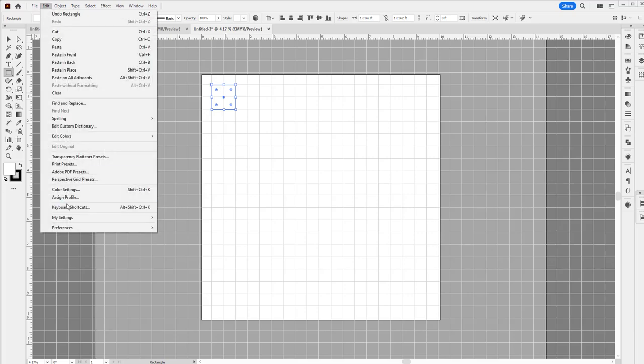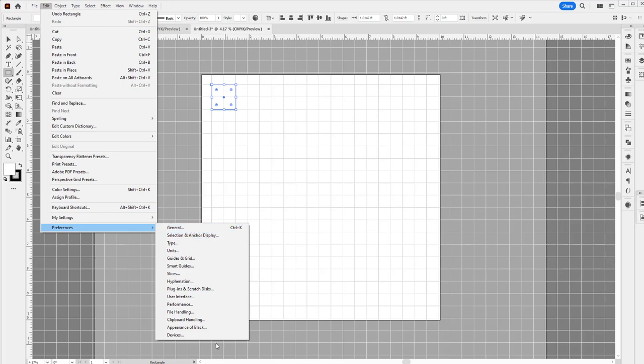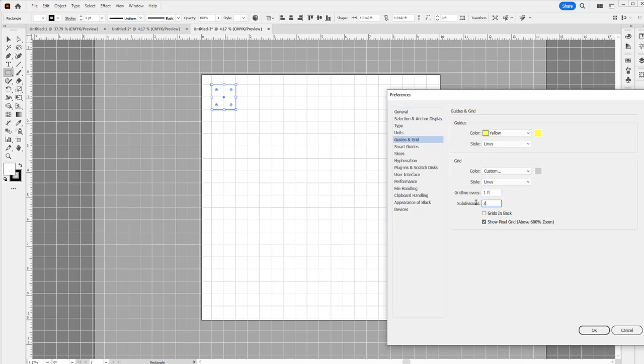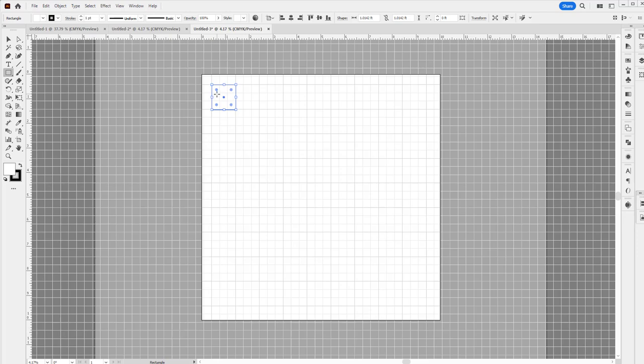If you want to make that 3, just change this to 3. See, 1, 2, 3. That's how simple it is.